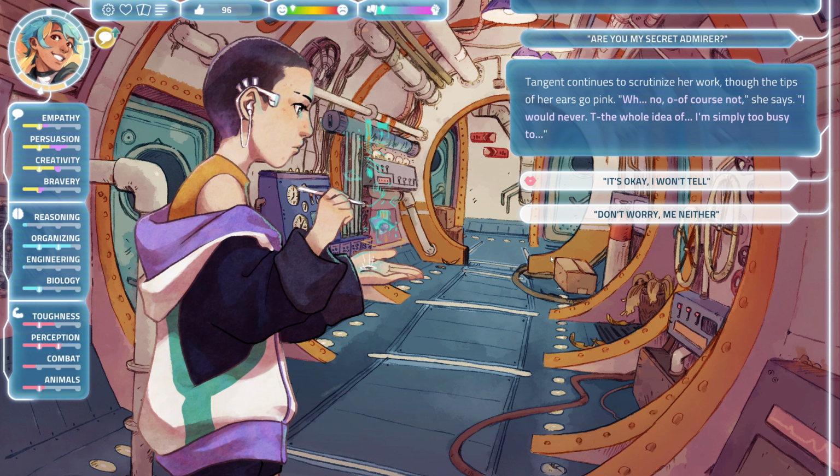The way it has you grow and become closer with the characters over years and years is excellently presented. I have definitely gotten a good feel for all of these characters and really enjoyed my time getting to learn more about them and better understand them. And on top of all of that, the game is gorgeous and the soundtrack is very relaxing. It's a very chill game to play. And I'm really enjoying what it's delivered, and I'm looking forward to playing more of it.